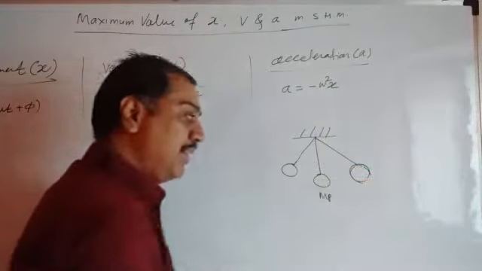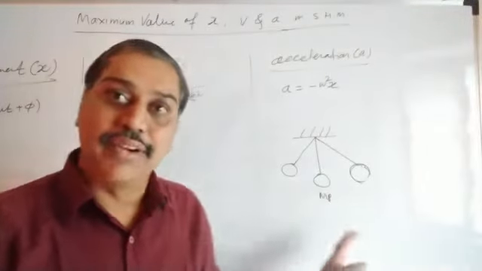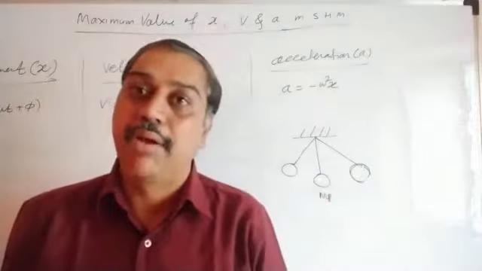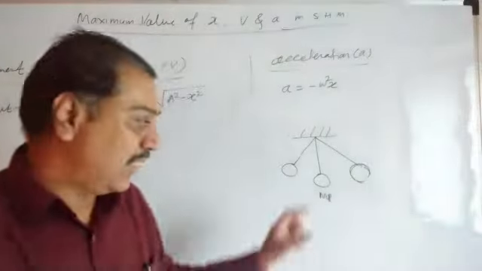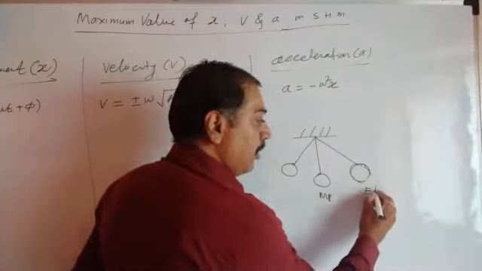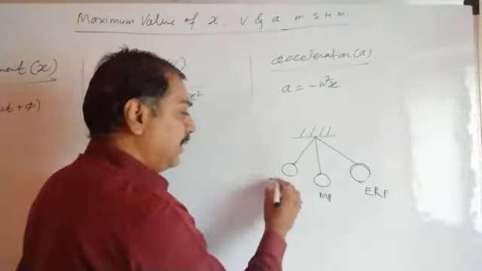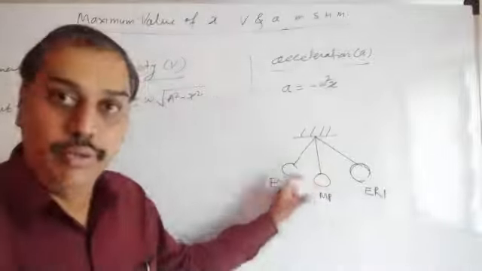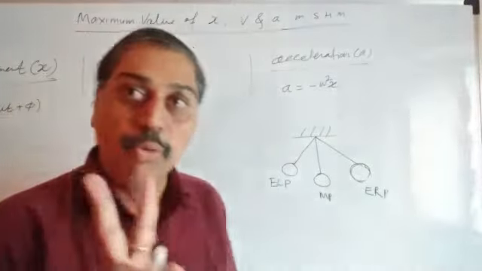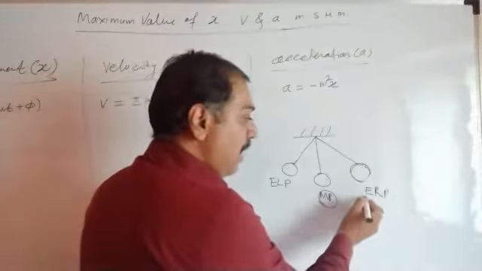Similarly, this would be the extreme right condition. The size of the pendulum might be the same. We hold it, move it to this side and leave it. You may get slightly different sizes in the drawing, but remember that all of them have the same size. Same pendulum is here, and this is the mean position. This is said to be the extreme right position when we move it to the right side. It is said to be the extreme left position when we move it to the left side. Is that clear? Now the motion starts basically from two conditions: either it starts from the mean position, or it starts from an extreme position.